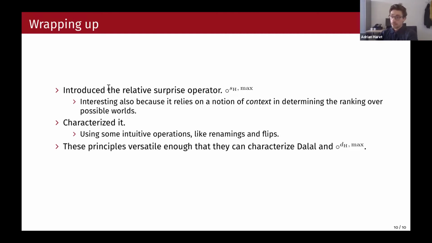Yeah, and then I characterize this operator using a set of intuitive operations. I think they're quite intuitive: renamings, flips. These are things that you see in social choice, and they're quite useful. And I think they're quite powerful because they turn out to be versatile enough that the same kind of ideas, with slight tweaks in these best of best and best of worst axioms, the same core of ideas also give you the Dalal and the max operator. So you can see them as general principles that are useful in talking about all these